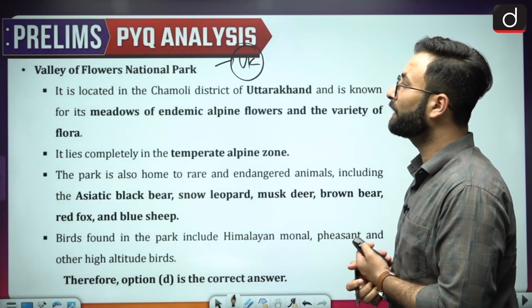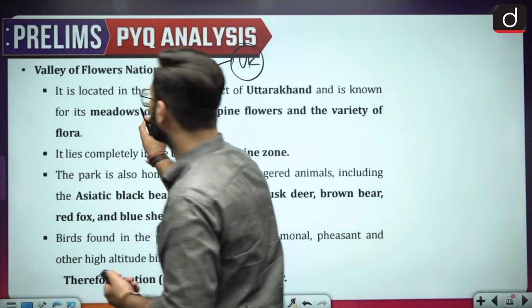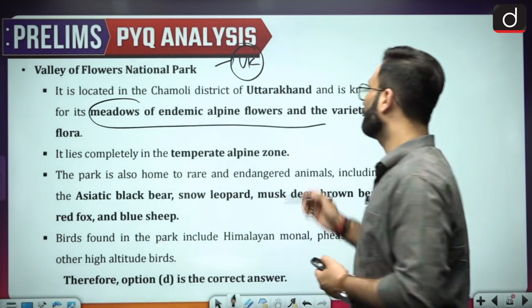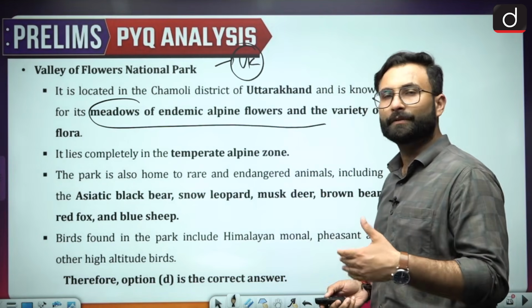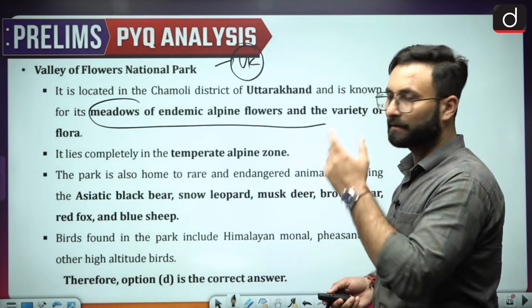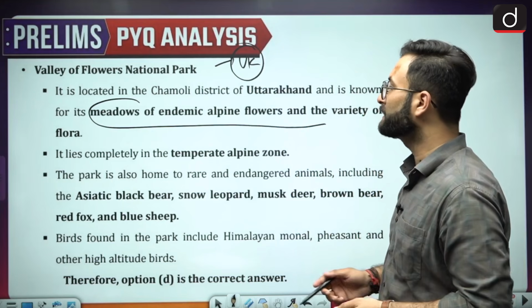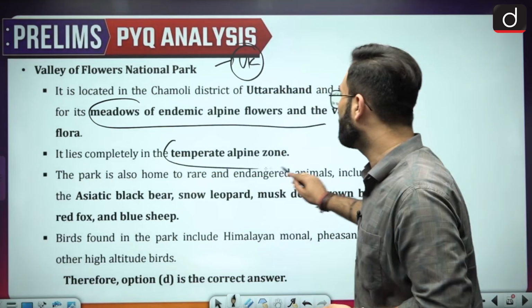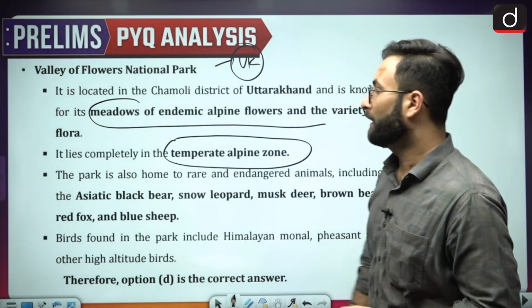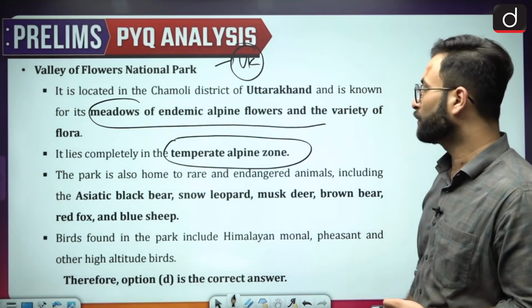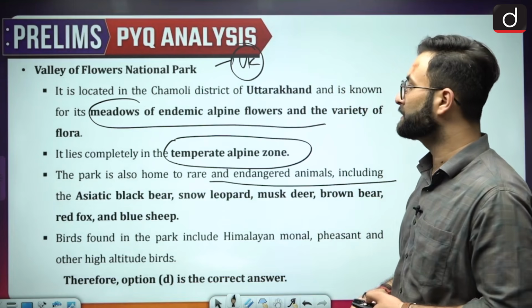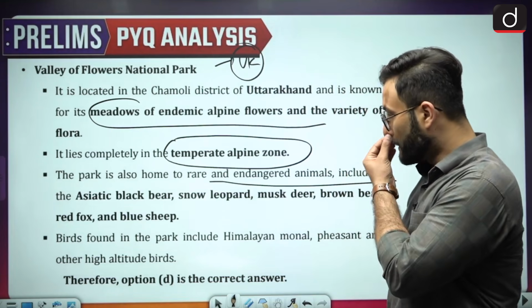It is also known for the meander of endemic alpine flowers and the variety of flora. With the name, it is clear that it is the Valley of Flowers, and there is a reason it is called the Valley of Flowers: it lies completely in the temperate alpine zone. Okay, the park is also home to rare and endangered animals, including the Asiatic black bear, snow leopard, musk